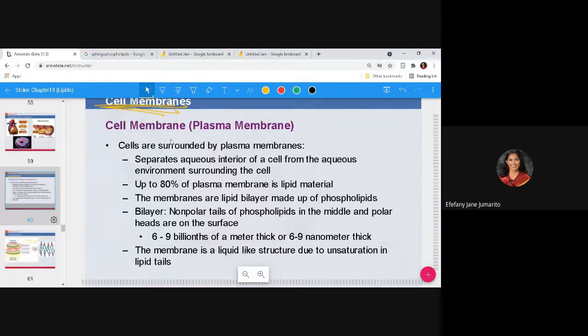Cell membrane, okay? Your cell membrane, again, is the protective coating of the cell. So it's the outer layer of the cell. Now, cells are surrounded by the plasma membrane. So what constitutes the plasma membrane? We have